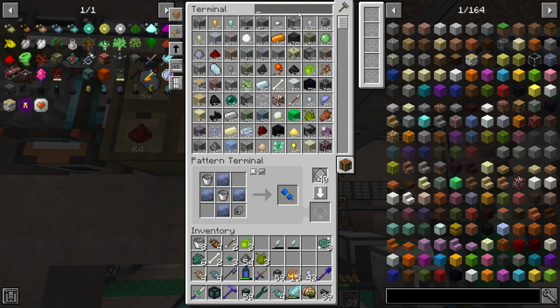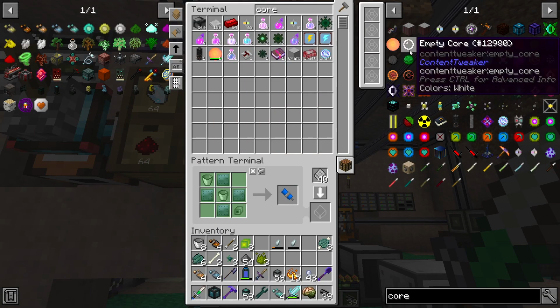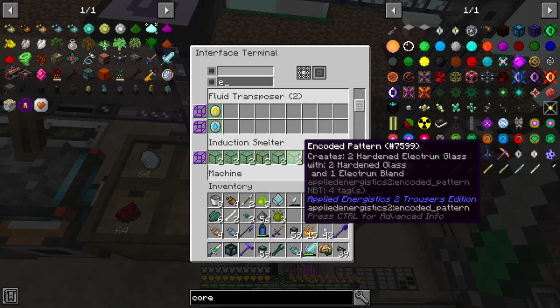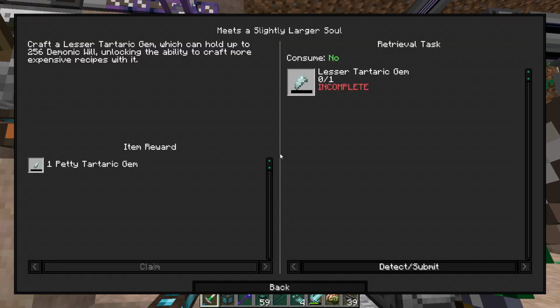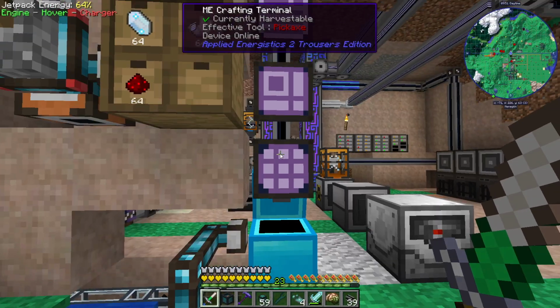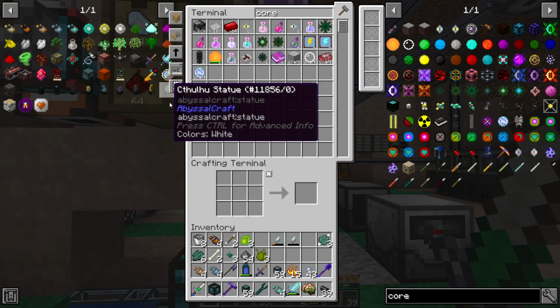But we're going to have to make this core, this empty core. Right, so I'll teach you to automate this because it seems like we're going to need quite a few of these. Like for right now, we need 3. So I'll just go ahead and tell it to make 3. Nothing in there should be too hard to make. And then